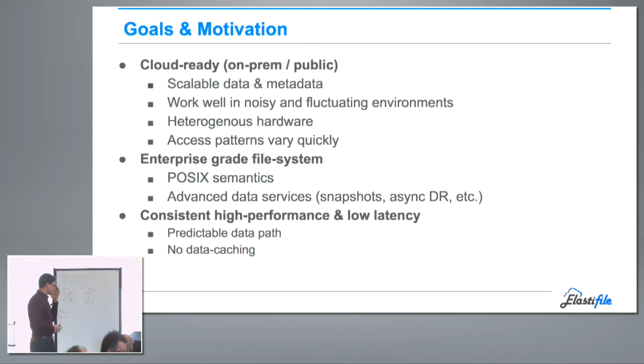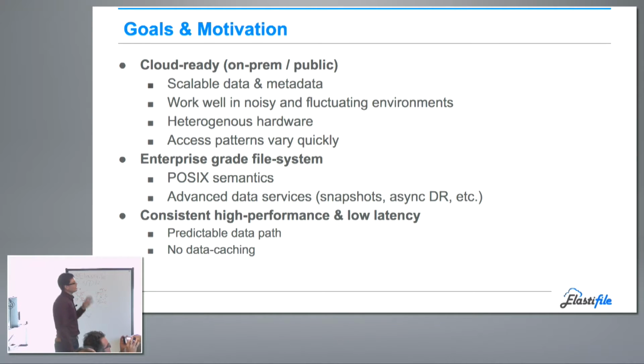When we started designing the architecture, we had a few goals that we wanted to reach. We wanted to be an enterprise-grade file system, which means we need to support POSIX semantics and advanced data services, snapshot, SNDR, and so on. We wanted to have consistent high performance and low latency. In our case, we wanted the data path to be predictable, so we don't want different IOs having large variance in the number of actual disk IOs they do,